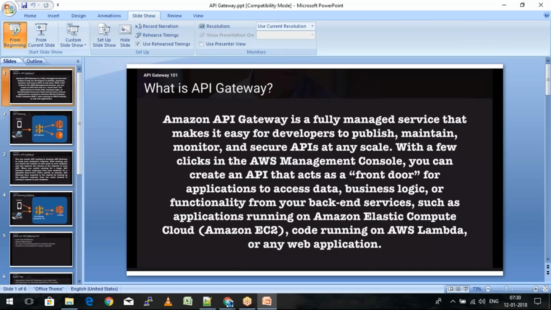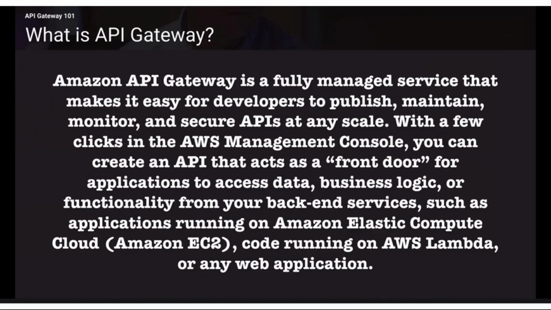Amazon API Gateway is a fully managed service that makes it easy for developers to publish, maintain, monitor, and secure APIs at any scale. So we can publish the APIs, monitor them, maintain them, and also secure those APIs at any scale. It doesn't matter if it is one request or 1 million requests. Sometimes, let's say flights come with a new offer saying that we are going to offer tickets at 999 rupees, or maybe let's say 1 rupee. Then